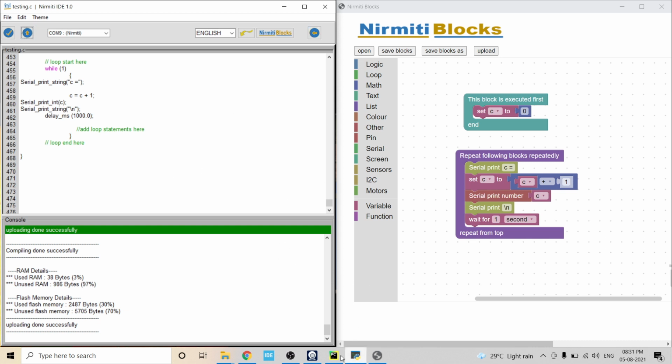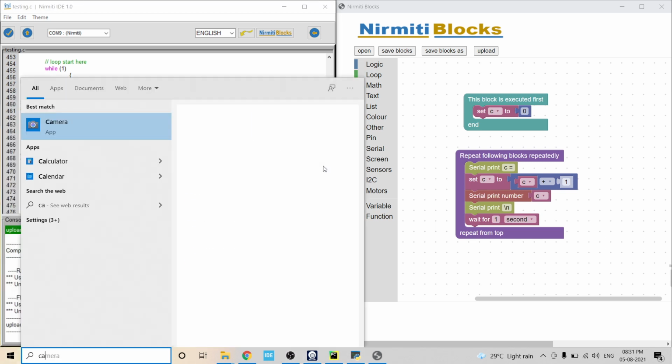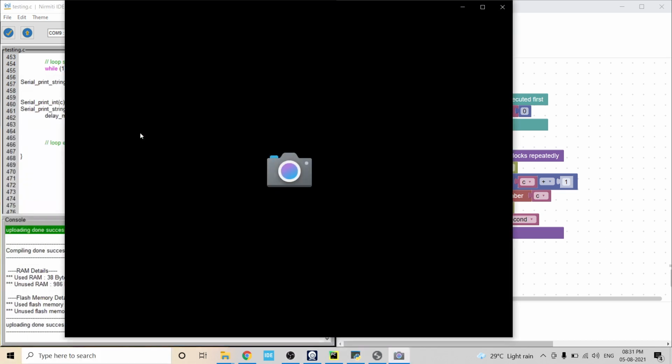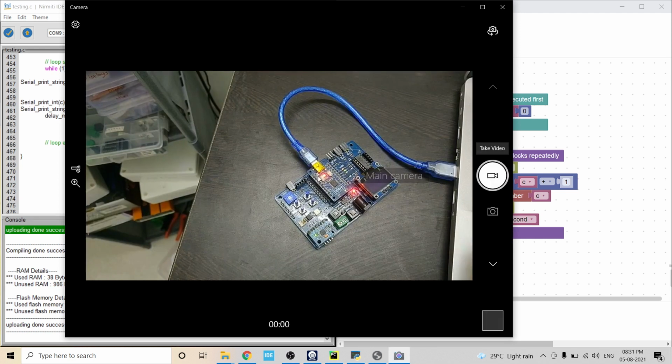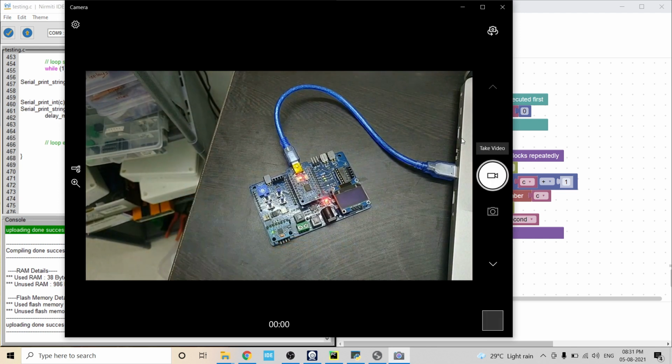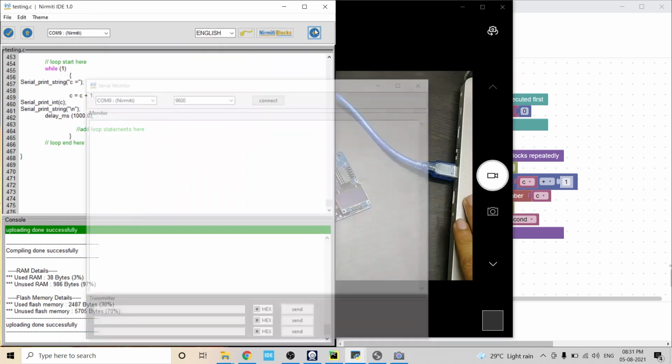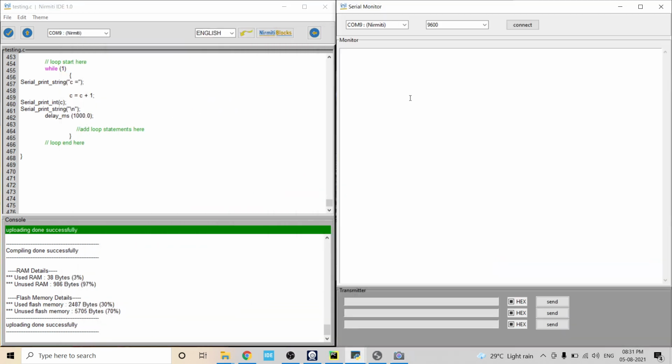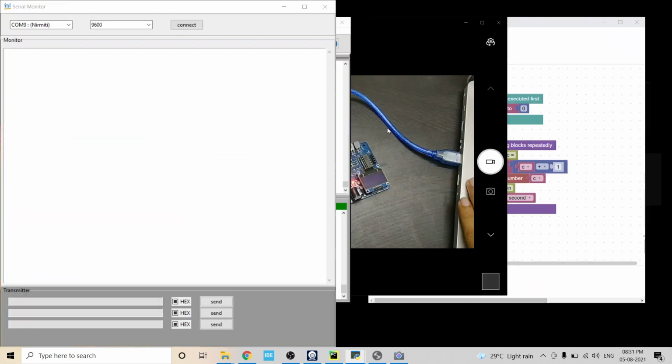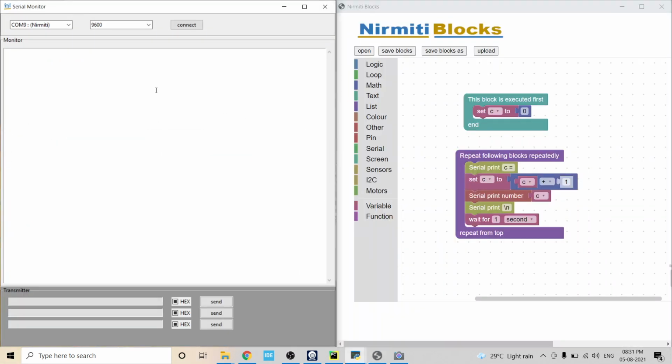Now here you can see, where is the camera. In the camera you can see the Nirmiti board connected to the laptop, and I'm opening the serial monitor. Okay, in the serial monitor you can see the values or string printed on the serial.